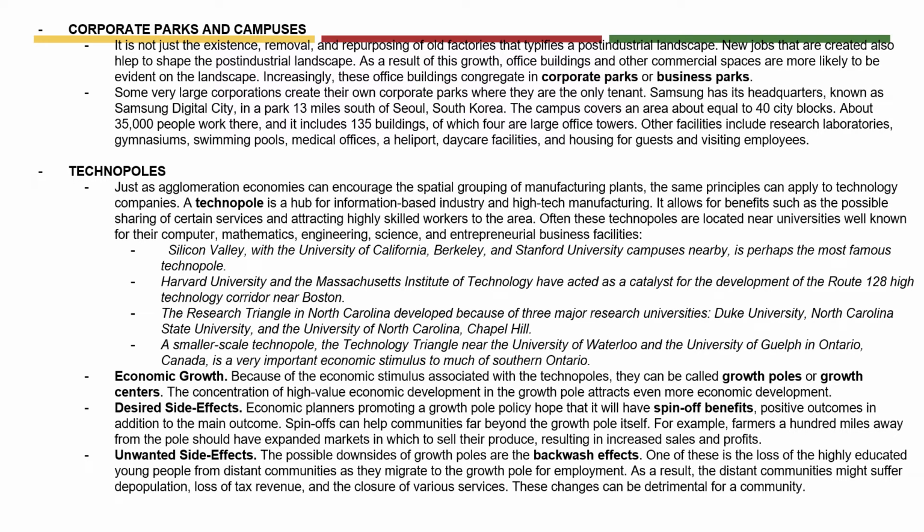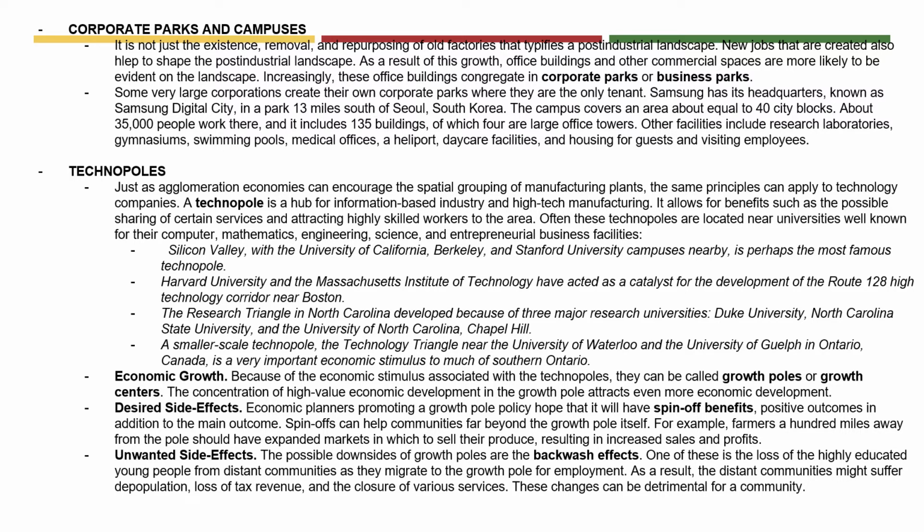Samsung has its headquarters, known as Samsung Digital City, in a park 13 miles south of Seoul, South Korea. The campus covers an area equal to about 40 city blocks. About 35,000 people work there, and it includes 135 buildings, of which 4 are large office towers. Other facilities include research laboratories, gymnasiums, swimming pools, medical offices, a heliport, daycare facilities, and housing for guests and visiting